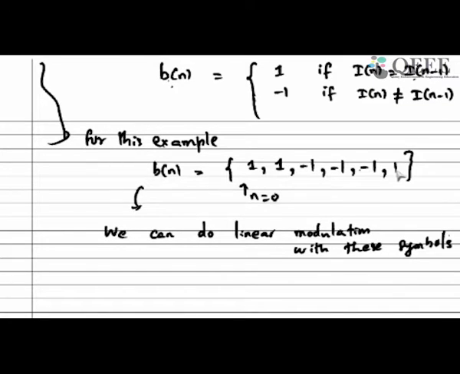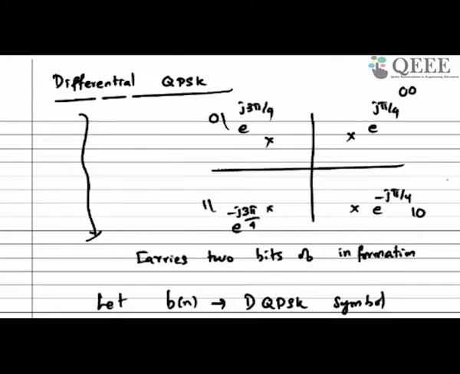So now this is the symbol I am going to transmit. I can use linear modulation techniques. So this is now the sequence of 1s and minus 1s. I can simply multiply these sequence of symbols with delayed pulses and then I can transmit. So there is no difference in that aspect. The only difference is how do you get these symbols from the bits. That alone is the difference. Okay, so the rest of the concepts are same.